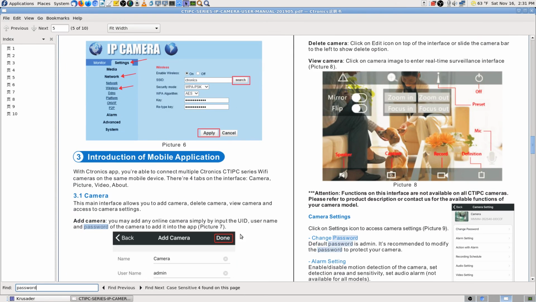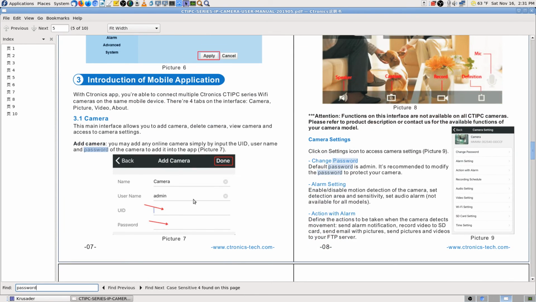Lost my spot where it was at. I wanted to be able to see that. Okay, yeah, this is it. Camera name, username admin, UID, then password. This is adding a camera though. Well, I'm going to take a guess and say that maybe I've seen that with, I just remembered, when you're trying to get on a router, the default passwords can be